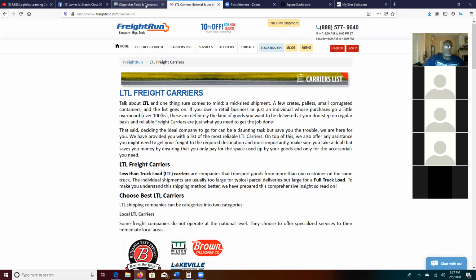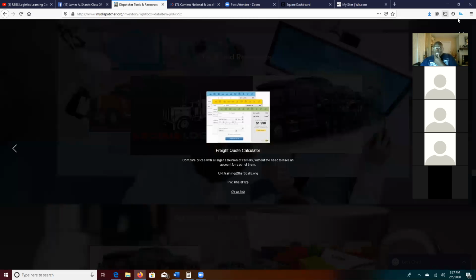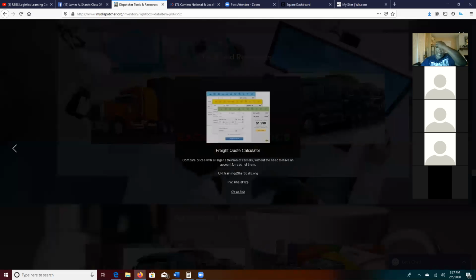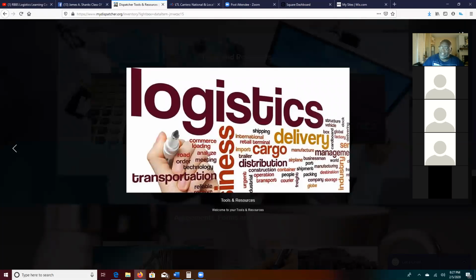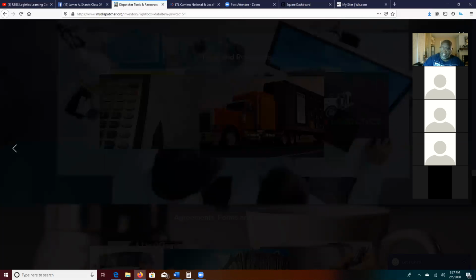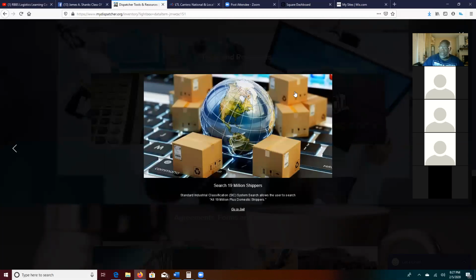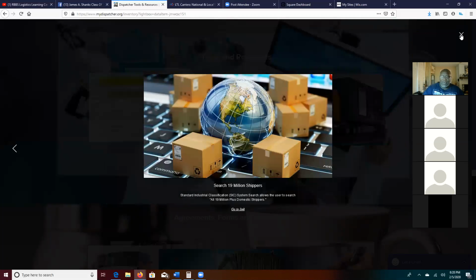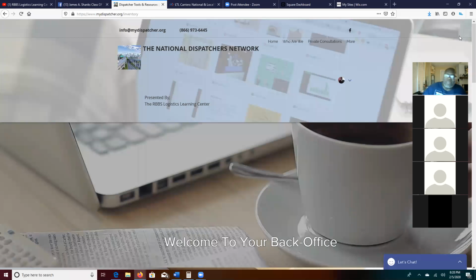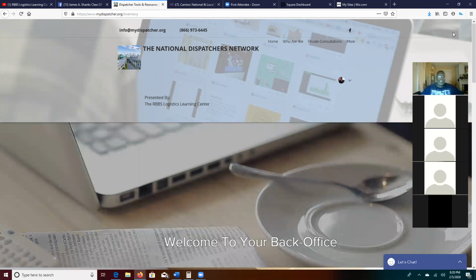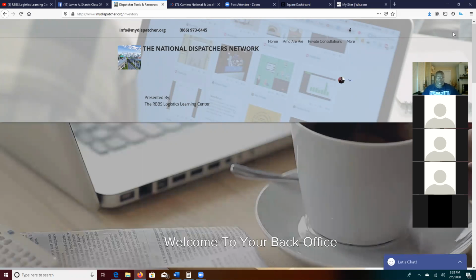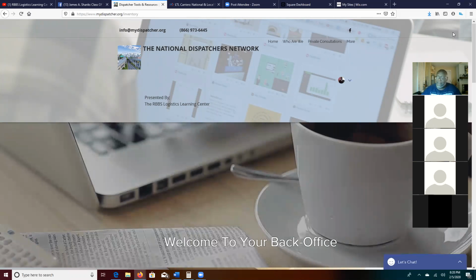But okay, I'm glad you brought this up, because you see this area here? I had a gentleman contact me today. He just signed up, and he was hyped, raring to go, just wide open, raring to get started, right? And usually when people are raring to get started, they tend to want to run. But sometimes when you first get to the back office, you have a lot of stuff. It will serve you better just to slow down, okay? And really take notice of what you are doing, okay?